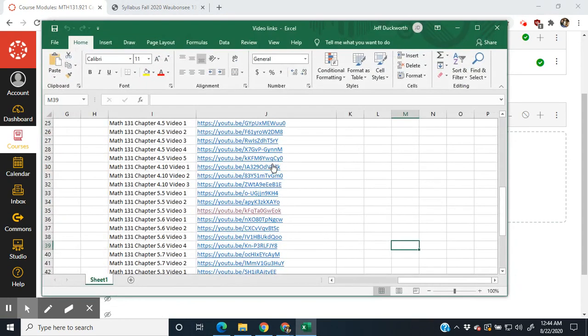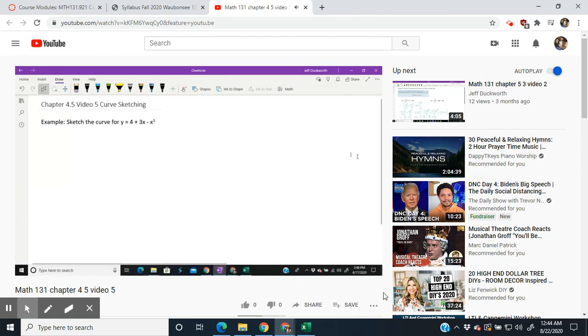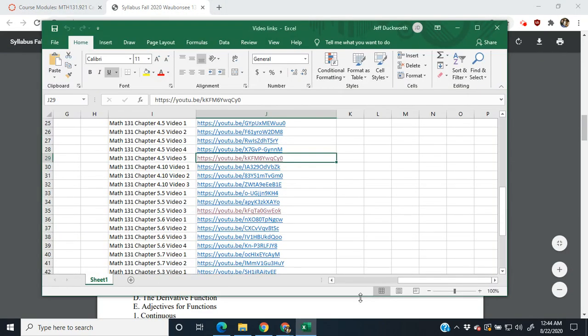And we can just click on these, we've got a section and a video number. You can just click on this or copy and paste, and you get this. Let's try to graph this cubic here using first, second derivative test. And so they go to YouTube videos where I'm presenting a question or two or a short lecture or whatever.